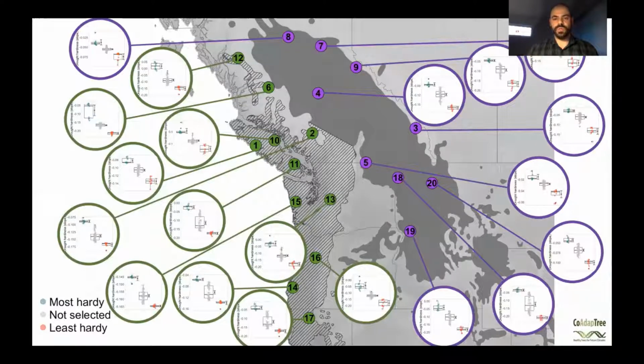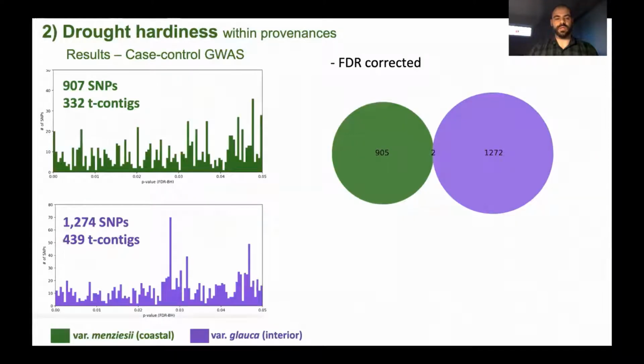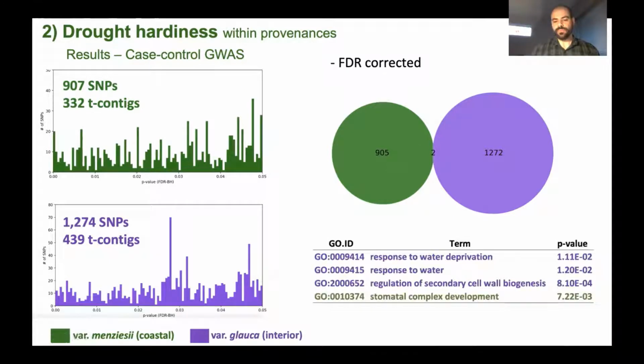With those two groups, I used the allele frequencies from each group and tested with the CMH tests and was able to detect a large number of SNPs for the coastal and the interior variety here. So with that, I conducted an enrichment test, and there are many GO terms that really stood out to me. And of course, I still have to explore a little bit further this year because it's a very incipient result, but very interesting results.